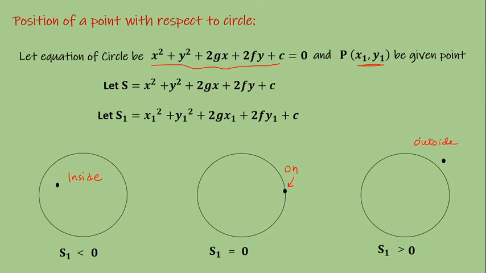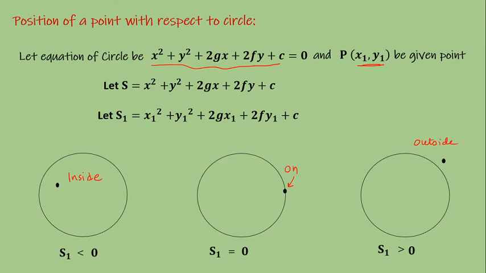So this is the theory for position of point with respect to circle. Now in exam it is not necessary that you will get the direct questions based on this, but maybe somewhere like if one point is given, one circle is given, and they are asking how many tangents can be drawn from the given point to the circle. Now obviously number of tangents depends on position of point. Like if point is outside, 2 tangents are possible. If point is on the circle, 1 tangent is possible. So in such questions you can use this position of point with respect to circle.